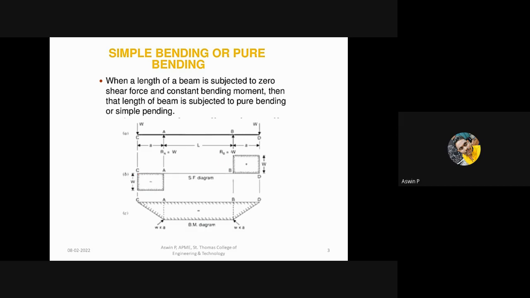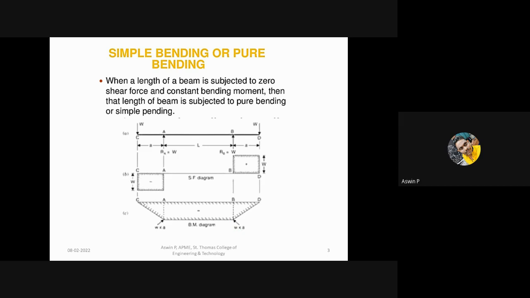So when you look at this figure, you can see that from A to B, that's the simply supported beam area, there is no shear force acting. And now you need to draw the bending moment diagram. When you are drawing it, you can see that the bending moment diagram will become an incline from O to B. When you are substituting the values of W, here x is 0, there is no length change, so this will be 0. At point B, the bending moment equals W into small a.